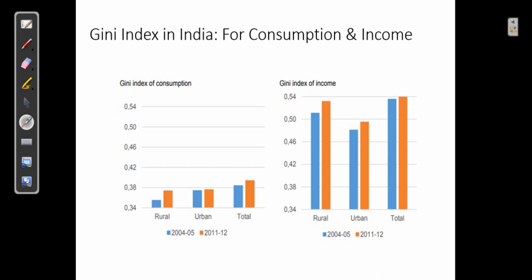And you see that in the real world also, as India is growing at a very fast rate, the fruits of economic growth are not reaching everyone equally. And so you see a gap between the rich and poor. You see people who are extremely poor and you see people who are extremely rich. And India is experiencing this issue, and this is being represented even by the Gini index data.